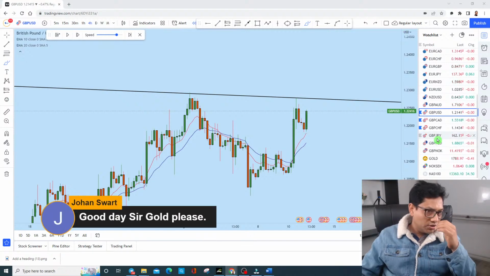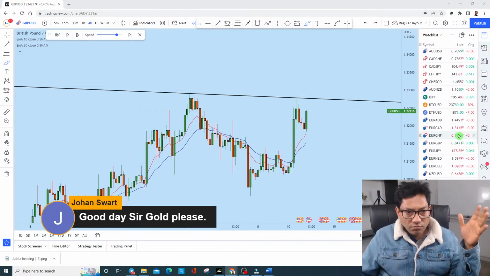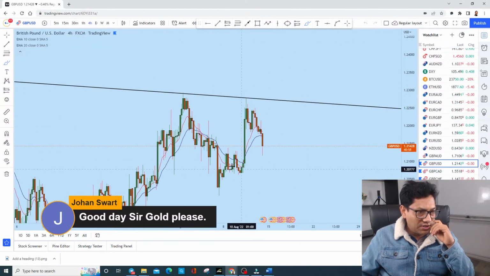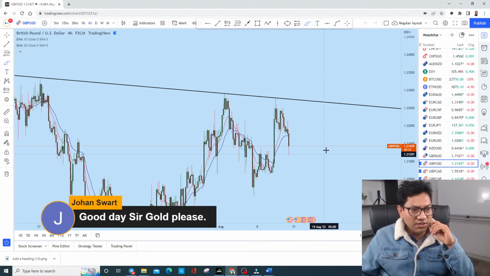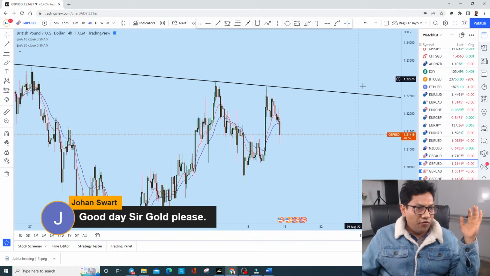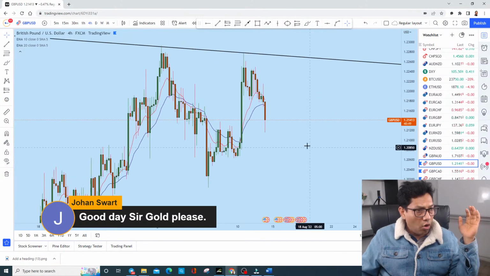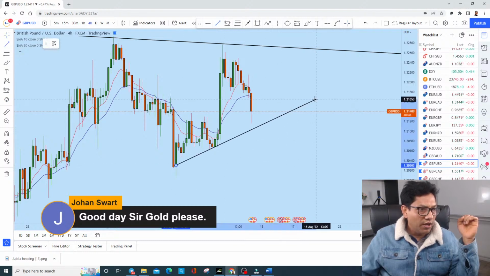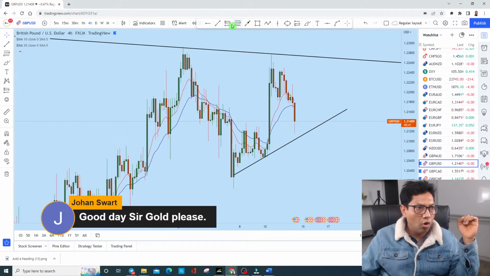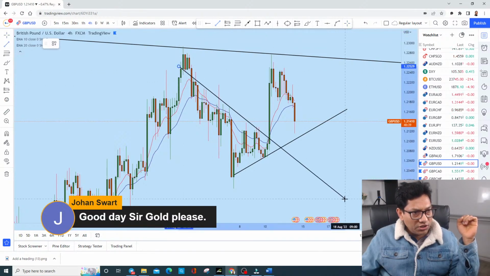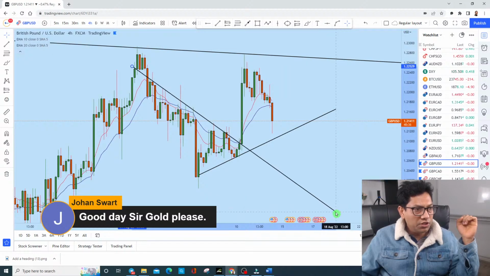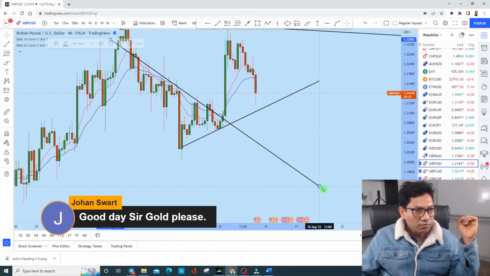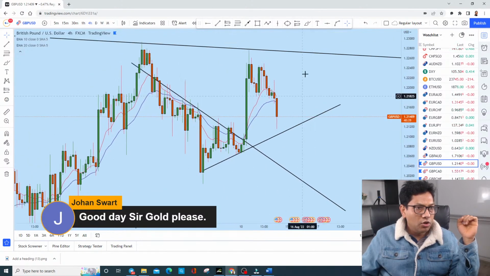Okay, good. So let's see now. We have seen what happened with the GBPUSD. Now we see that the price is testing here. If you want to consider long on GBPUSD, then it has to have a clear structure. If GBPUSD wants to go long or bullish, then it needs to come here at least. If it wants to be bullish, then it needs both of these trend lines to be tested.